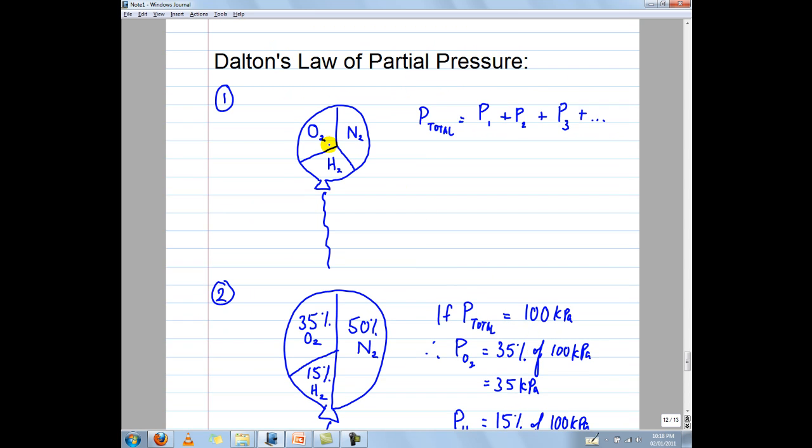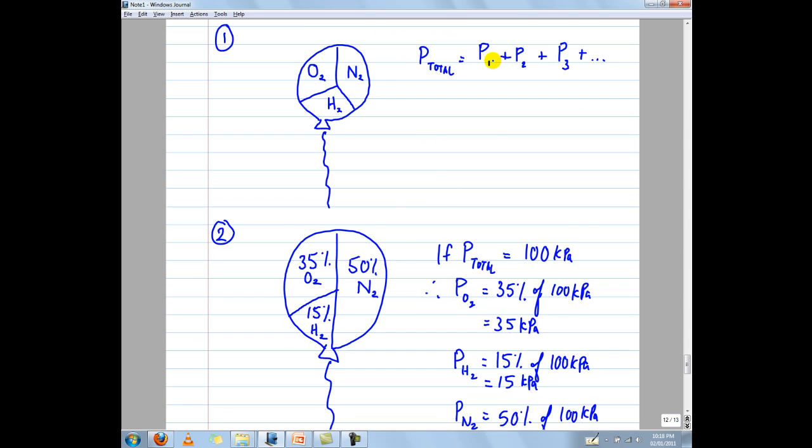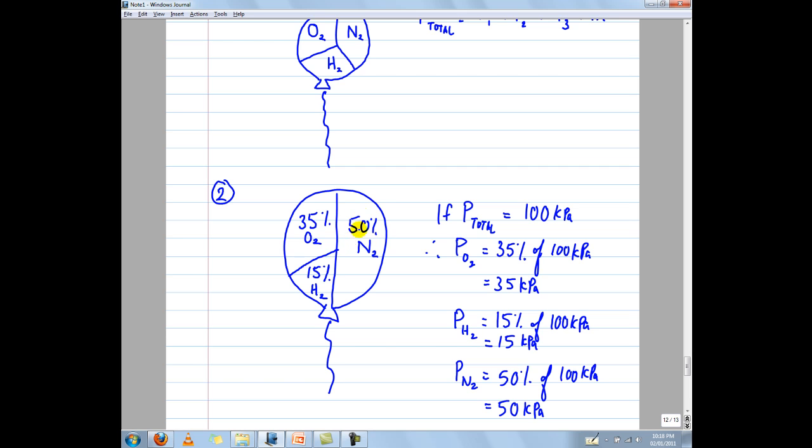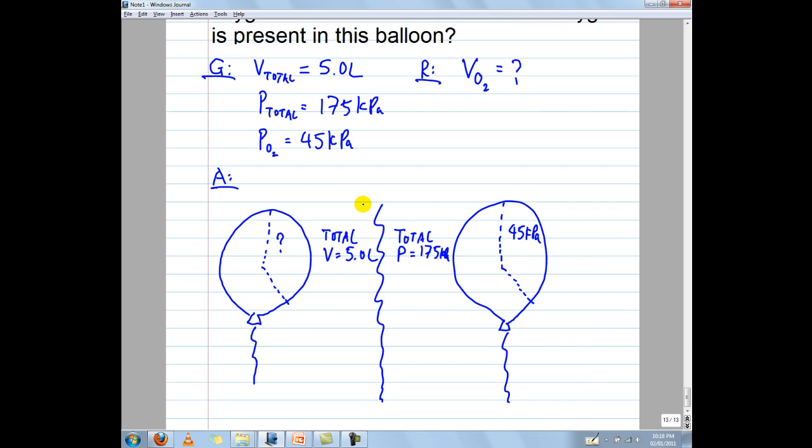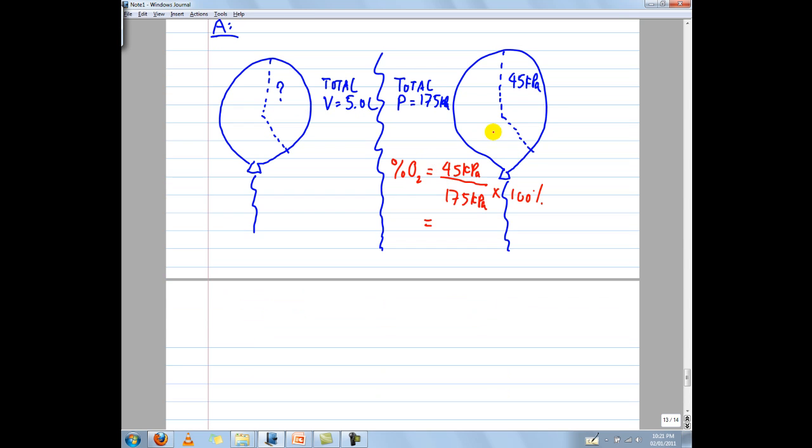Now if we look back here, we see that Dalton's law of partial pressure relates pressure and volume together. If the volume of the nitrogen gas is 50% of the total volume, then it should be 50% of the total pressure. So going back to my problem, what I need to do is find out what percentage the partial pressure of oxygen is out of the total. And then once I find the percentage over here, I can find the percentage of the volume over here. So to find the percent of the oxygen, I take the 45 kilopascals, divided by the total pressure of 175 kilopascals, then multiply by 100%, and you get 25.7%, which means that this should be